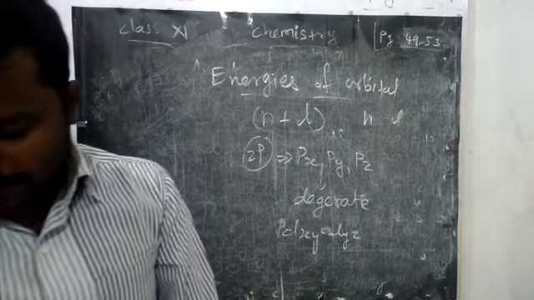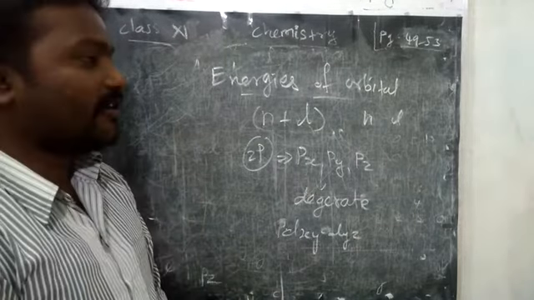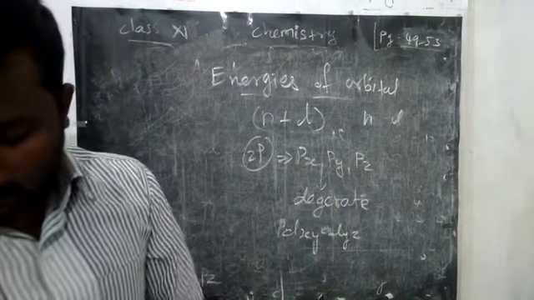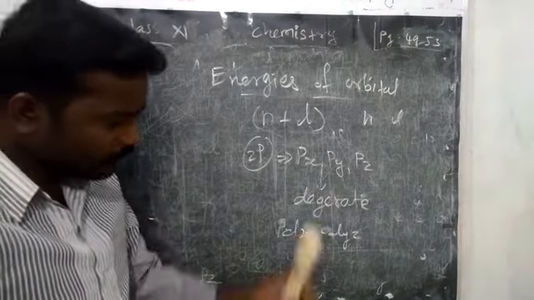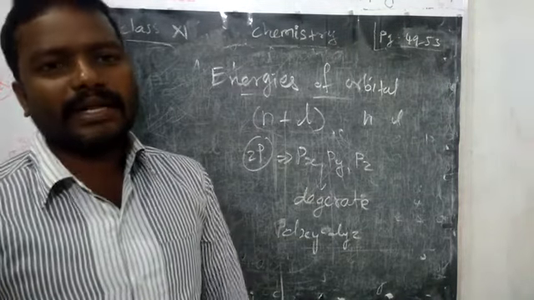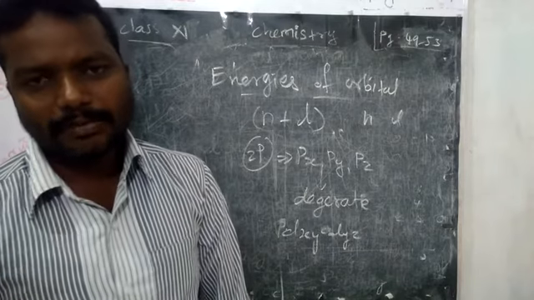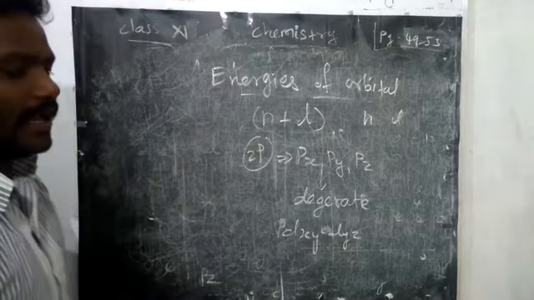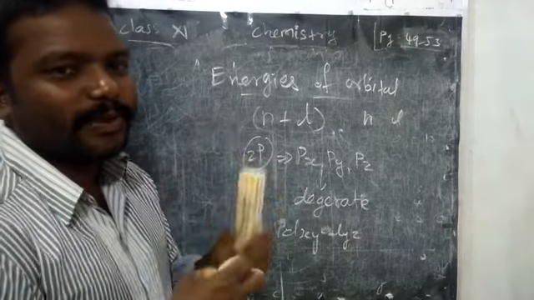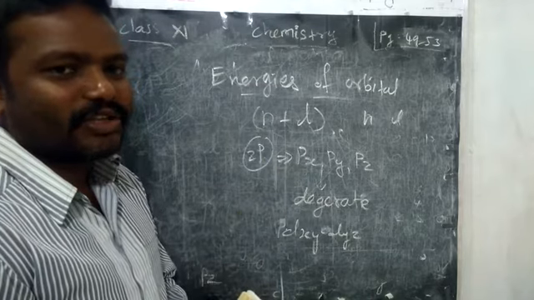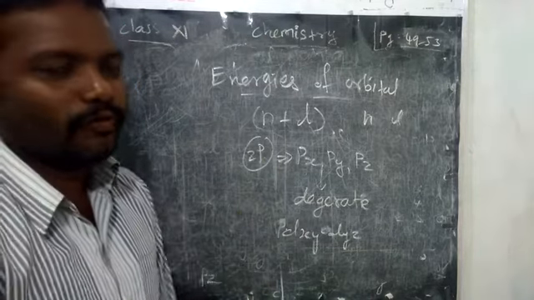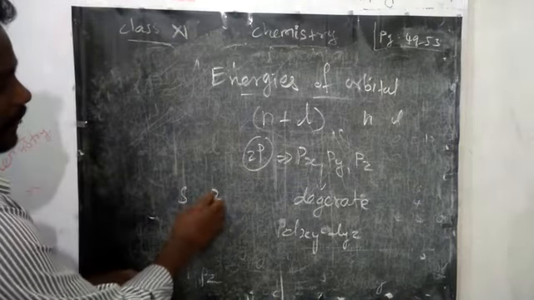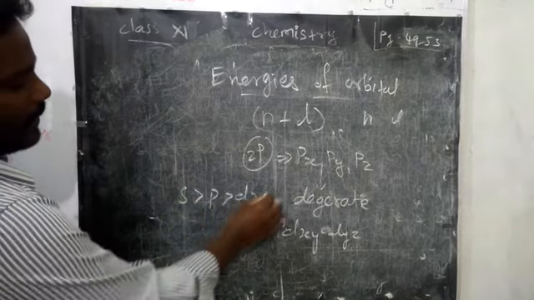But don't forget, in the presence of a magnetic field or electric field, it will lose its degeneracy. That is very important. Now, if you want to find the stability of all these s, p, d orbitals, we have to remember two forces: repulsion between electrons and attraction between the nucleus and electron. By using these two forces, we can arrange the sequence of orbitals s, p, d, f.